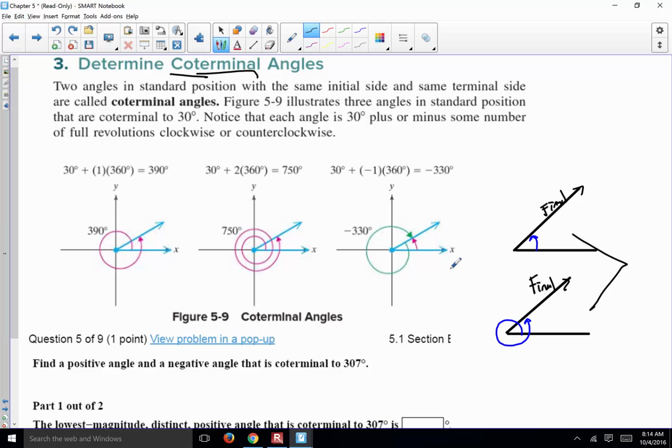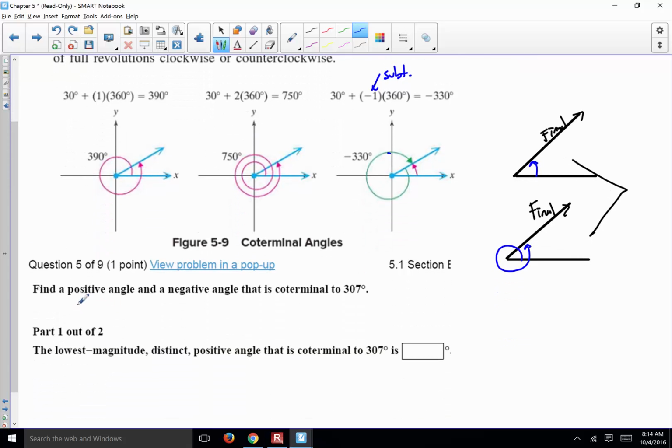They always differ by one turn, or maybe several turns. Sometimes twice the turn, sometimes 3 times the turn. So you add multiple 360s, or sometimes you take back, subtract. This is subtraction, negative. You subtract 360 to go back, because does it always have to be going counterclockwise? No, sometimes they go backwards, clockwise direction, to go to the same terminal position. Okay, so you just need to read the title statement and see what kind of coterminal angle we are supposed to construct. They say find a positive coterminal angle and also a negative coterminal angle,